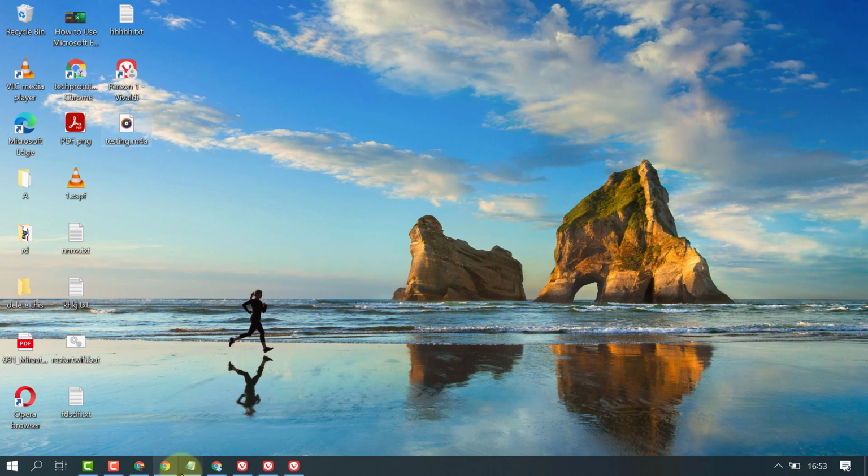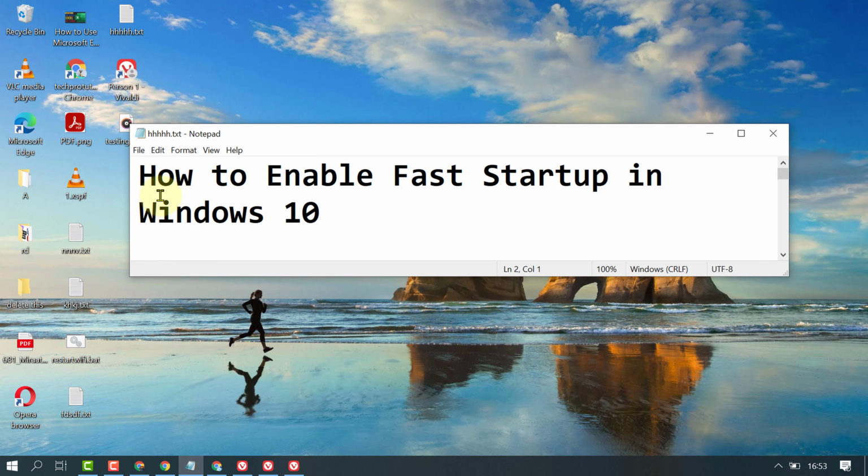So that's it friends, by this quick and very super easy method, you can enable fast startup in Windows 10